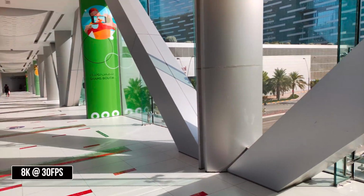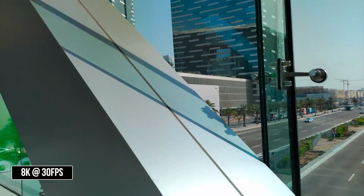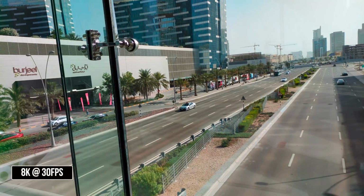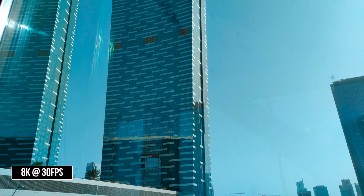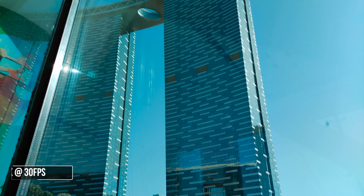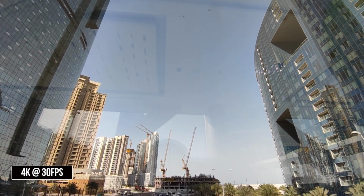This is a bit of a weird one because 8K is great if you want 8K, but as far as stabilization is concerned, there's none of that there. Plus, it takes up a ton of storage space. So I'm not sure most people will be filming with 8K. It's a bit of a gimmick for me, but if you want to record in 4K, that's available at 60